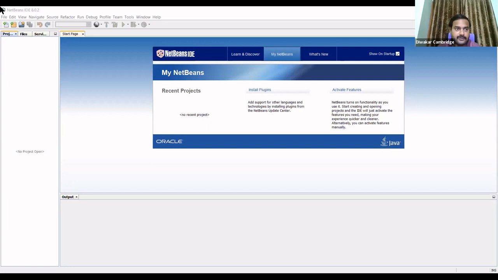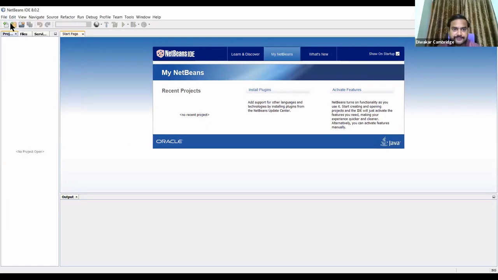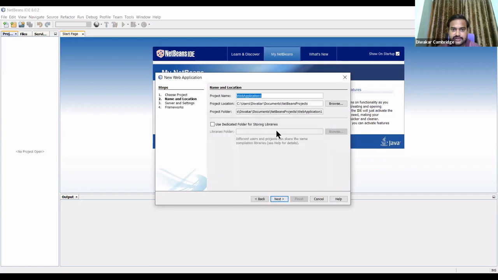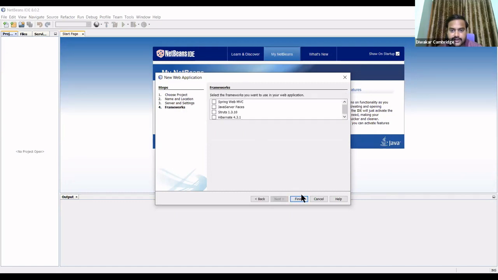First, you have to create a file, new project, Java web application, next. I'll give the project name demo applet. Next, I select Java EE 5, then I'll click next, then I'll click finish.